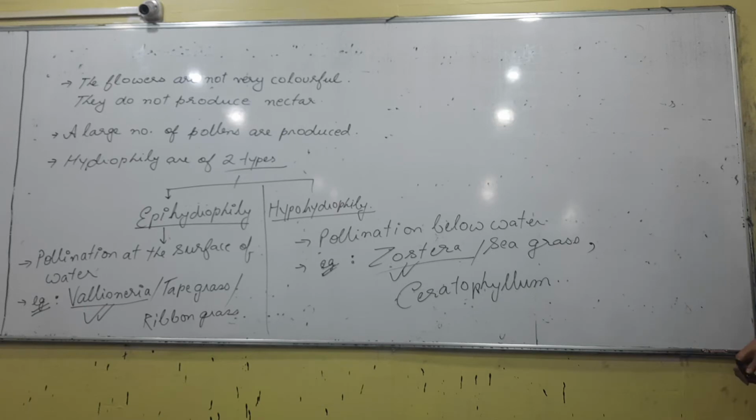So the flowers that undergo hydrophily need not be colorful, because colour is for attraction. So it is what, birds pollinated, insect pollinated. Second, as far as the production of nectar is concerned, why is nectar needed? To attract insects. Nectar means that sweet substance that the insects have as food. That is called nectar. No nectar in hydrophily, because pollination is through water, why is nectar needed? So the question comes,